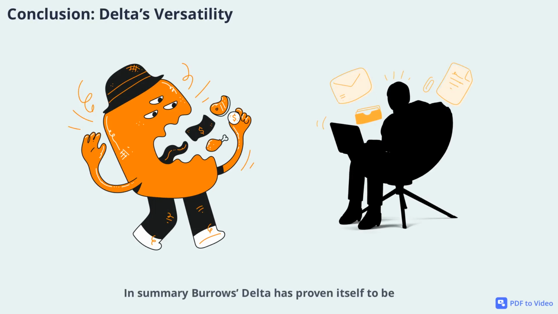In summary, Burrows Delta has proven itself to be a versatile and robust tool for author attribution, even in the challenging context of medieval Chinese poetry. Its success here suggests that stylometric methods can cross linguistic and cultural boundaries, offering valuable insights into authorship and literary style. For philologists and digital humanists, Delta opens new possibilities for research, even in traditions where individual style is often